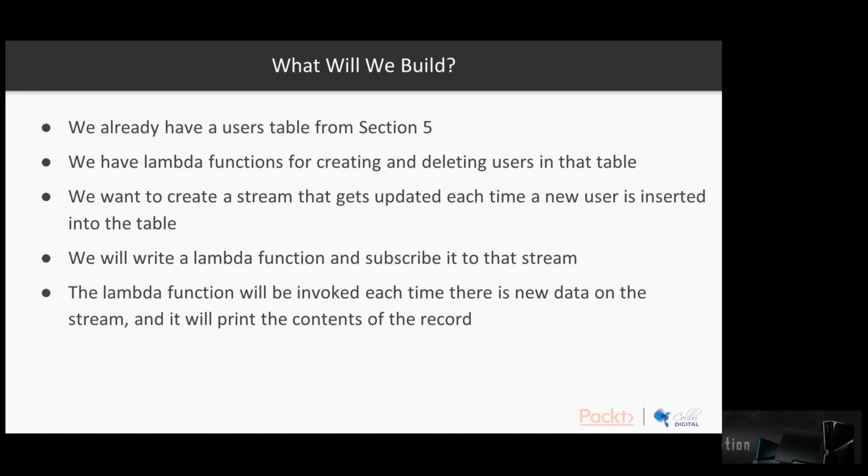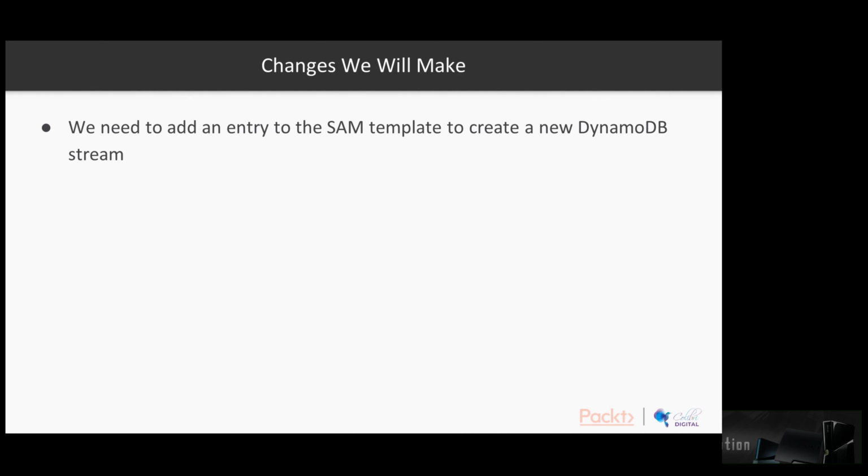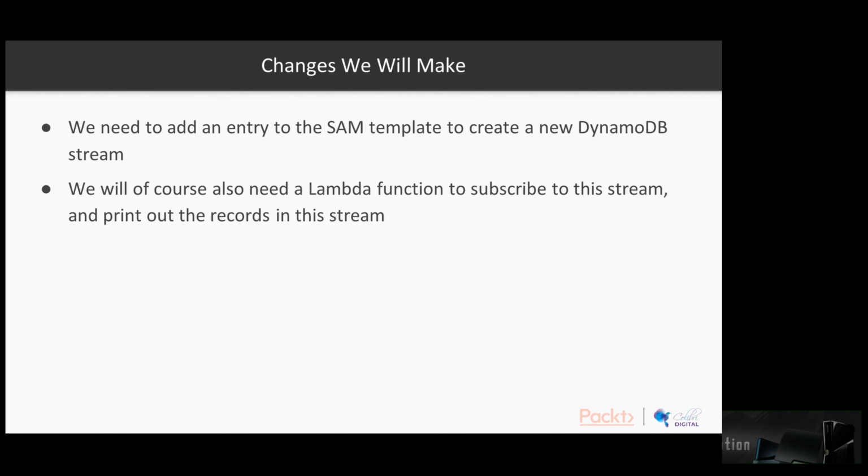contents of the record. So what changes are we going to make? Well, we need to add an entry to the SAM template to create a new DynamoDB stream, and we'll of course also need to create a Lambda function to subscribe to this stream and print out the records in this